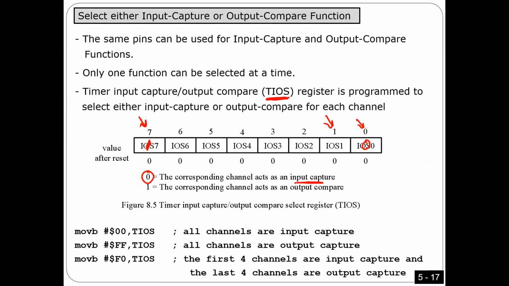Is that okay? So every channel you can program independently, right? As you see here, very trivial, very easy. So how can I write to this register? Similar to what we did before. Any instruction I taught before for a memory location, you can use it right now, like move, like bit set, bit clear. Again, nothing is new. Any questions? So this is the first thing you have to do. In the configuration, I have to write one instruction about input capture or output compare, similar to when I configured every pin as input or output. Same thing here.